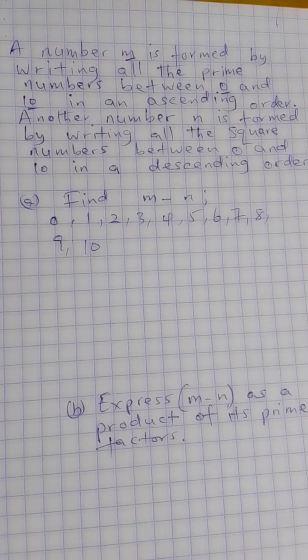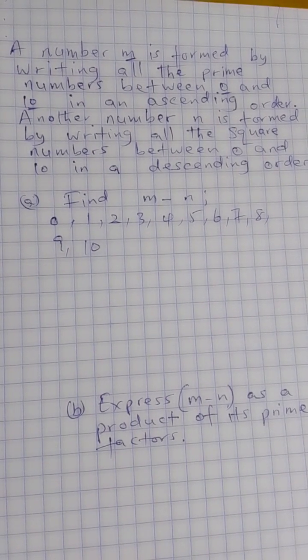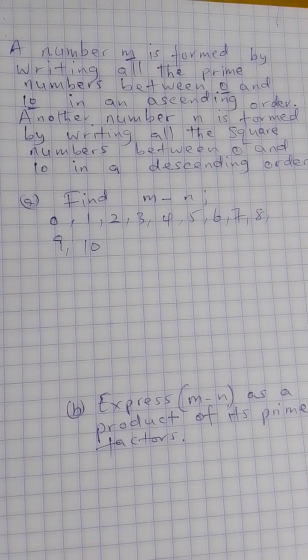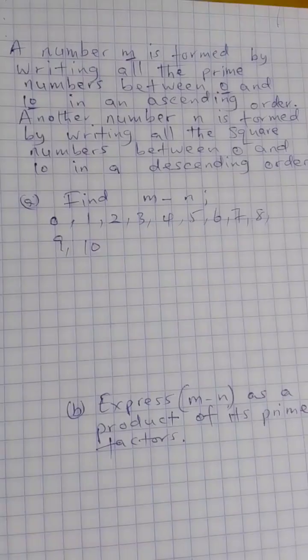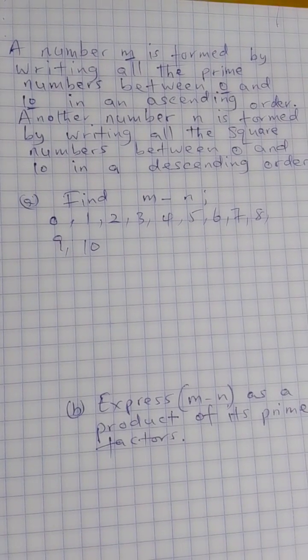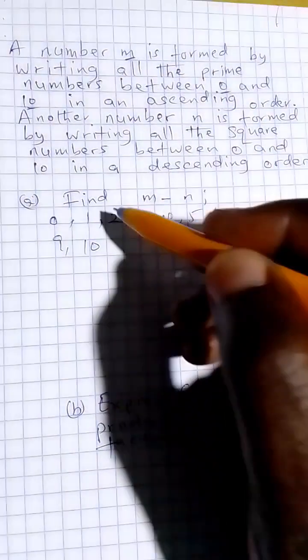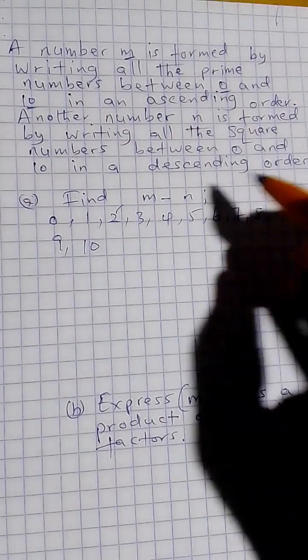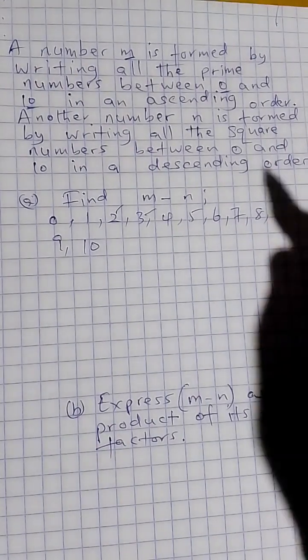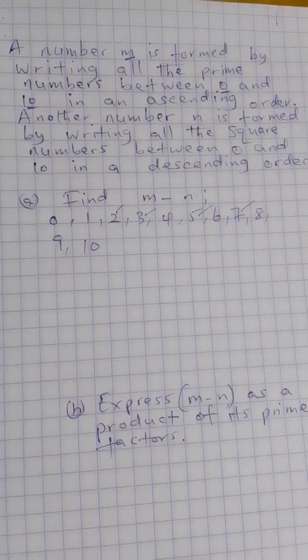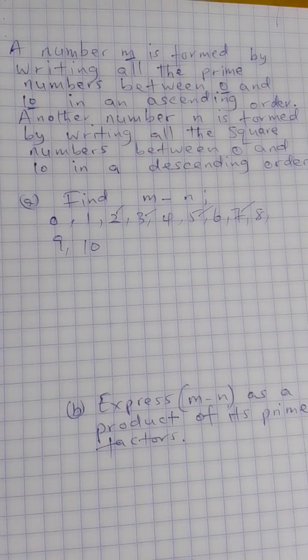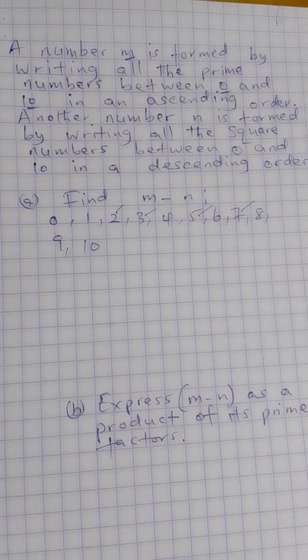A number m is formed by writing all the prime numbers between 0 and 10 in an ascending order. So we want to find the prime numbers between 0 and 10. Prime numbers are 2, 3, 5, and 7. So when we write these prime numbers in ascending order,